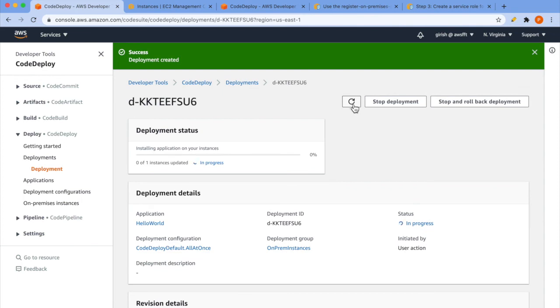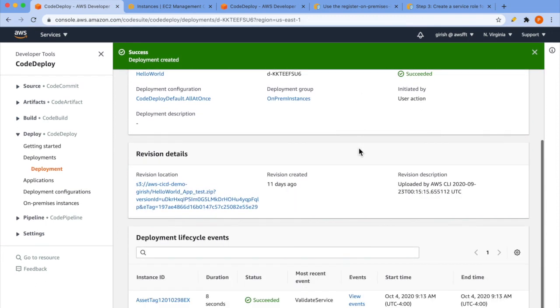Refresh it once and you can see that deployment is in progress. So it will take few moments to deploy this application. Application is very lightweight, so it won't take much. So just wait. Yeah, now we can see that deployment is successful. So it was able to identify our instance and it used that instance to deploy application code.